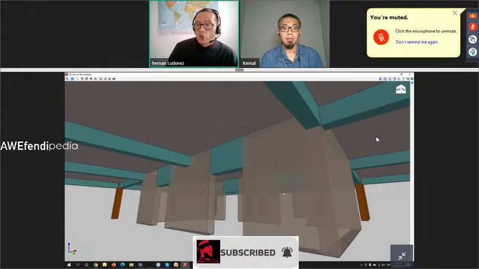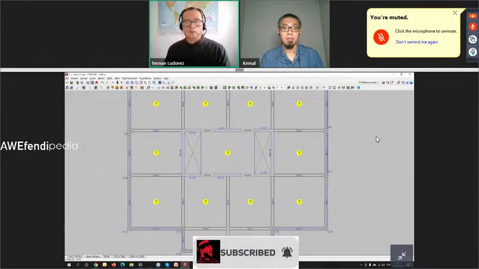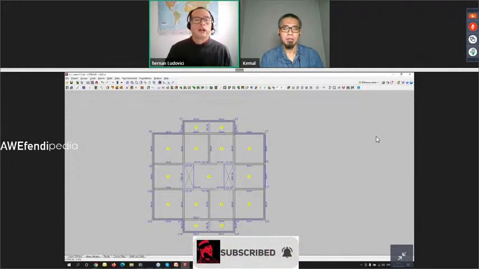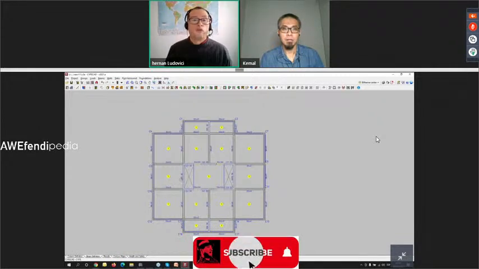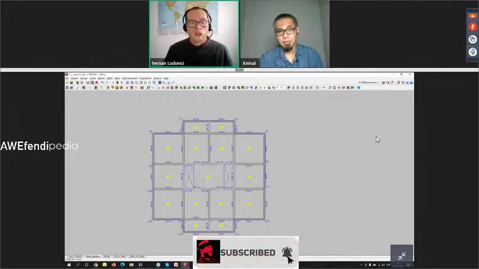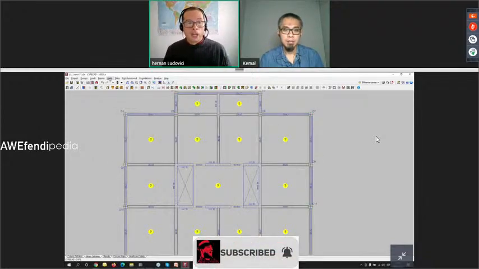Okay, so how we can show to the program or define to the program that this element has different characteristics or different features from the others. So in this case, we have on the menu walls